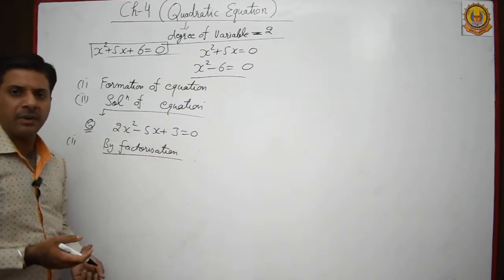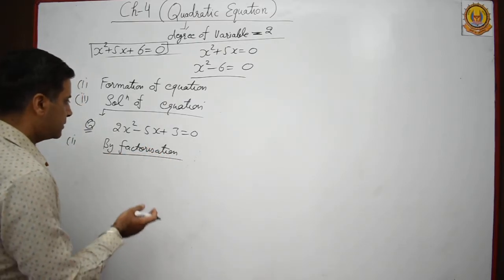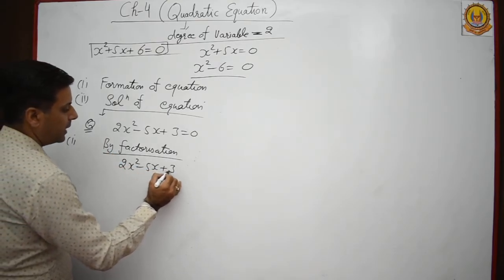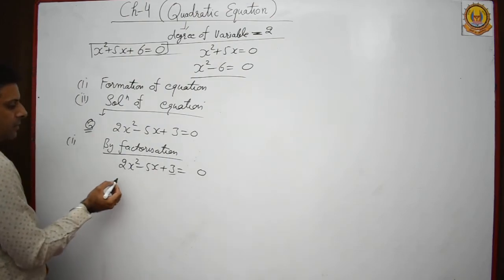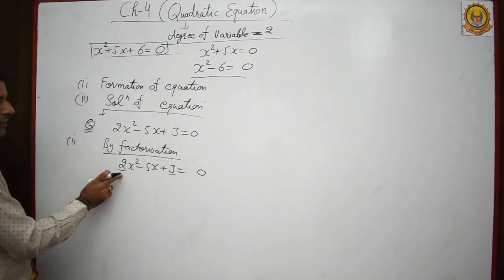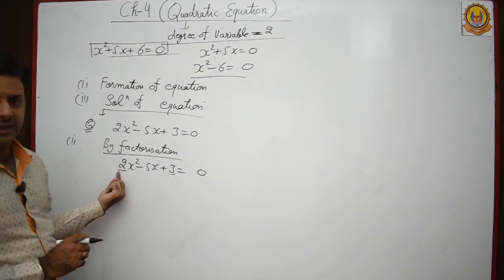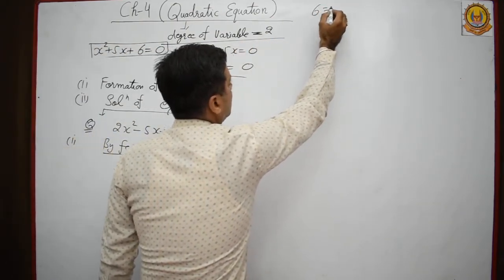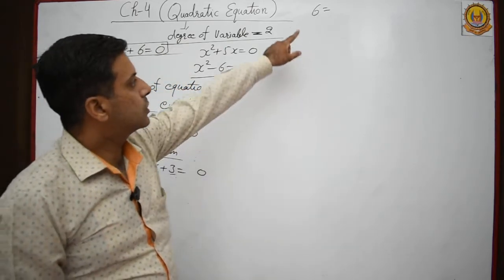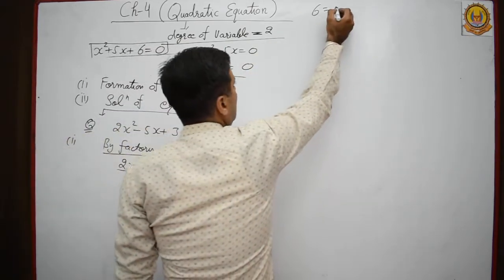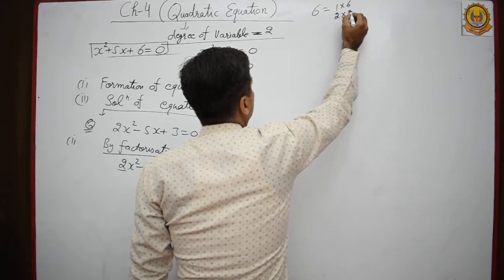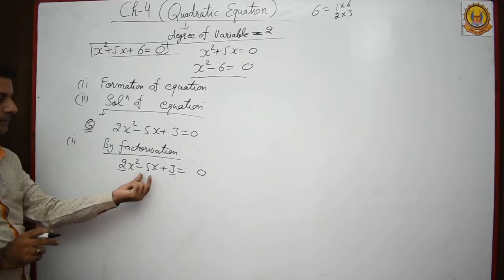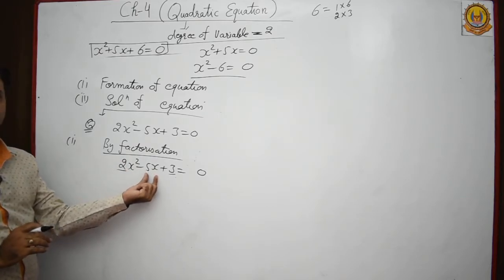Another name of this is splitting the middle term. You know very well about this method. So here firstly you will multiply the third term, the last term, with the coefficient of the first term. So 3 into 2 is 6. So now you need a pair of numbers whose multiplication is 6. So that is 1 into 6, 2 into 3. Only two pairs are there. So which pair do I have to use here in place of the middle term?